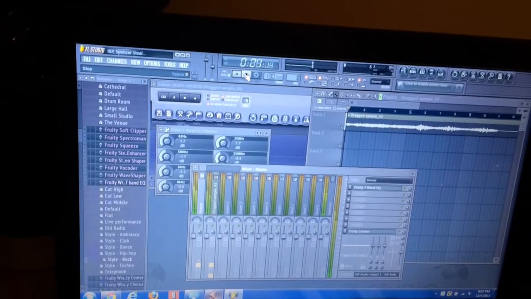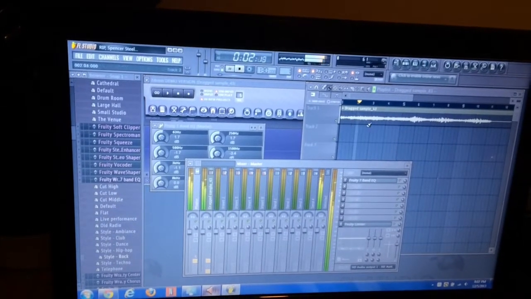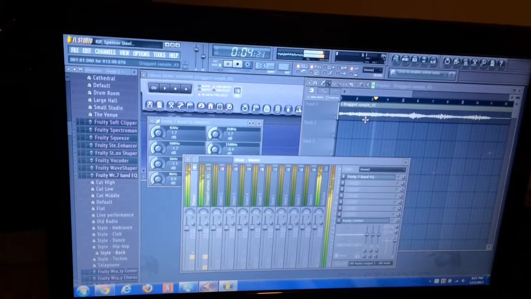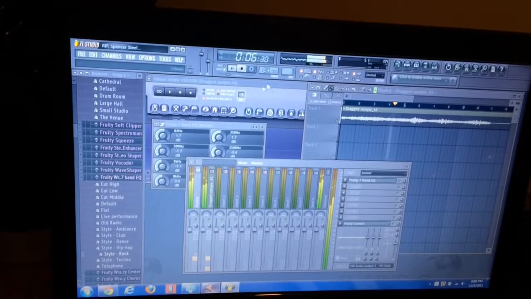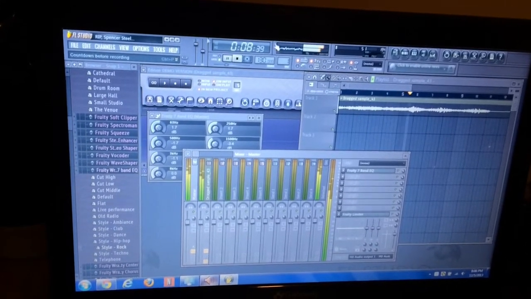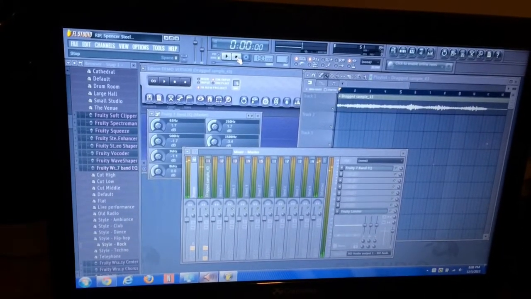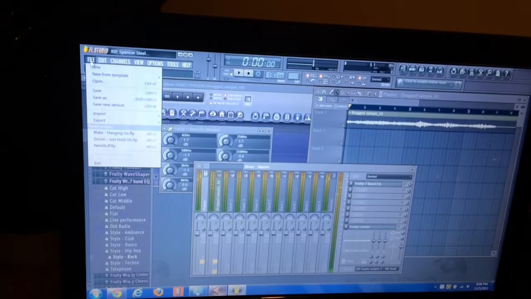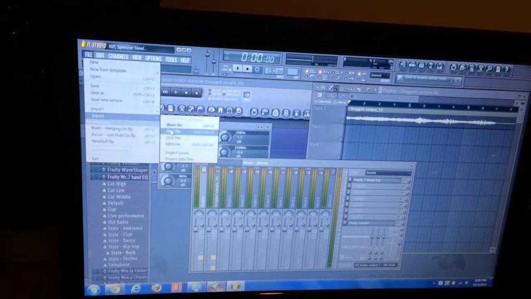Now, if you like everything you've got, the exact track, the exact sound, the right volumes, everything exactly the way you want it, go ahead and stop everything. Come to File, bring down to Export, MP3,